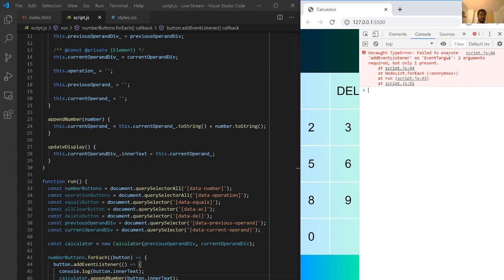For one, we failed to execute add event listener. And the reason why is because we only provided this thing with one argument, right? And the first argument needs to be,